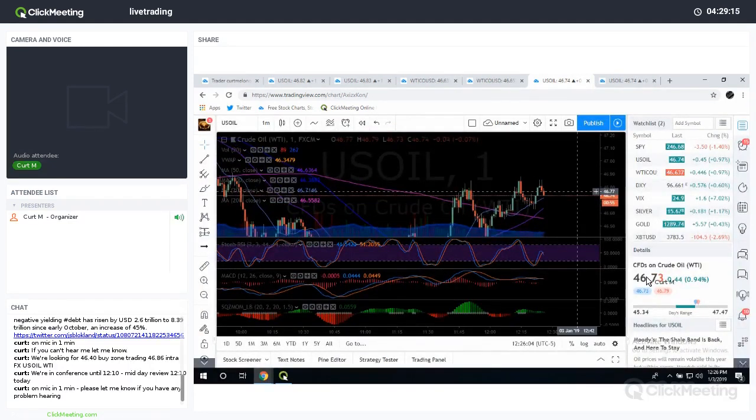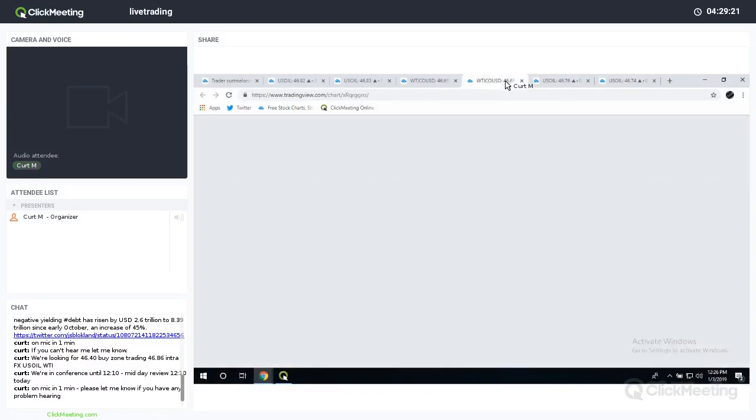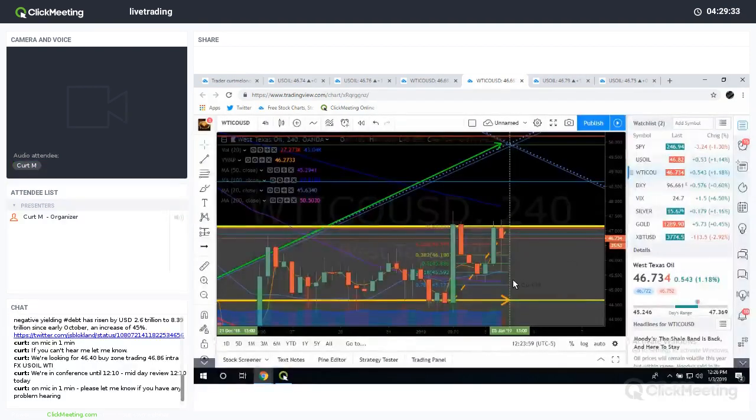The 1 minute, I'm going to take a quick look for those that are trading right now. So you just got midday consolidation. There's not a lot happening here. So if you are trading this afternoon, I'd be looking at this 240-minute chart and that 1 minute. As soon as this 240 comes up,